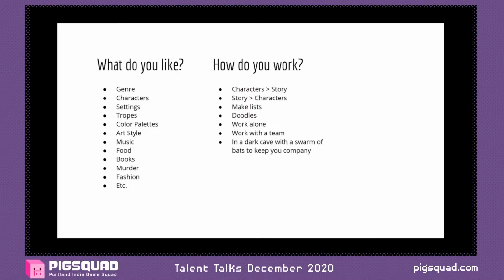Don't limit yourself either. Anything can be an inspiration. Don't think you have to fit into an existing pattern. Be you and do your own thing, which includes working in a way that suits you. Do you tend to come up with ideas that are characters first or the story? Maybe it's the other way around. Do you think in words or images? Do you want to work by yourself, or are you working with a team of people?